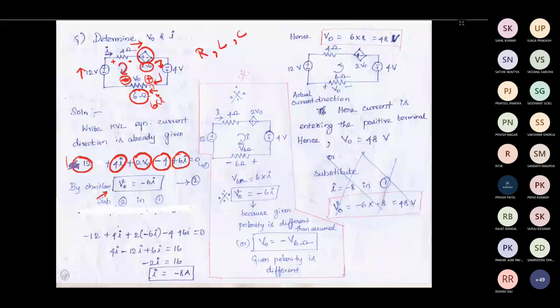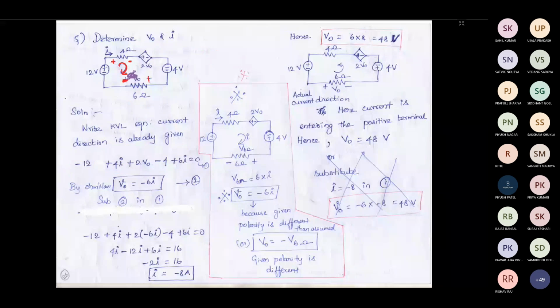Now in this equation, if you see, there are two variables. If there are two variables in a single equation, it is not possible for us to solve it, right? Because here V naught is a variable and I is also a variable. So you have one equation and two unknown variables. With a single equation, it is not possible to find the solution. So in order to find the solution, you need another equation to relate these variables. That's what they have done here.